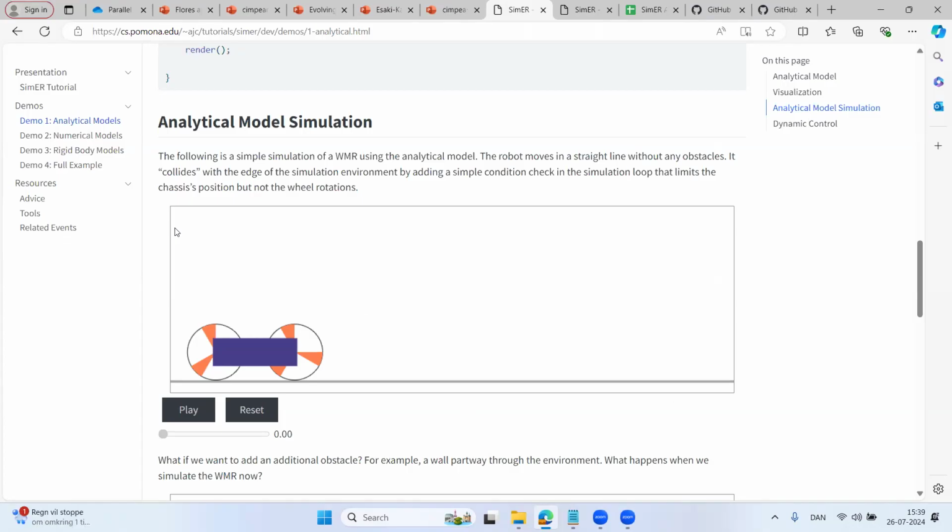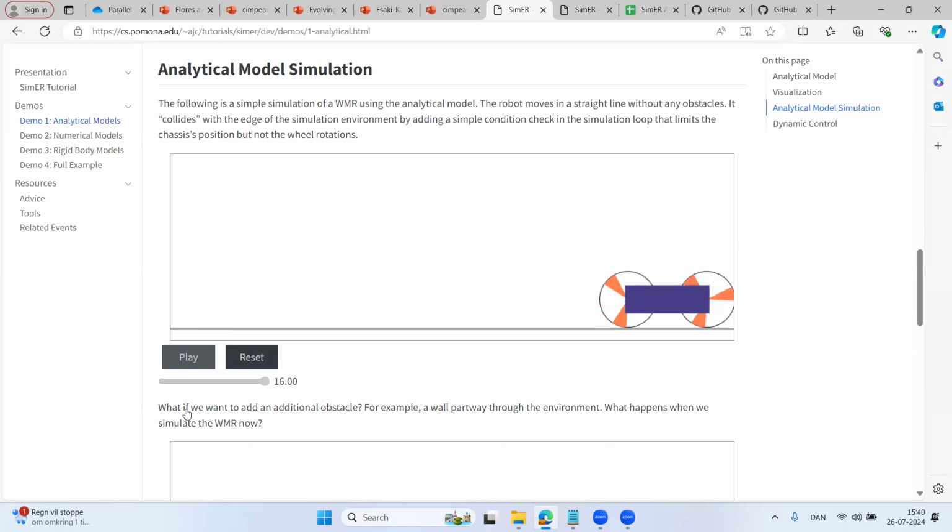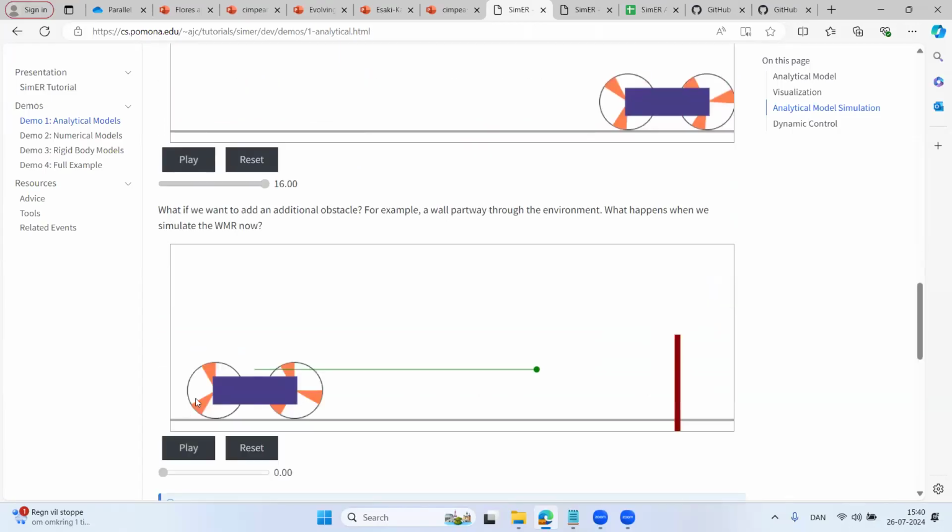So in this really simple case of our wheeled mobile robot going across the screen, I don't actually even need to simulate this. I can just say, where is it at time 20 seconds, with a closed form solution? But it does mean I can't do things like interactively add a wall into it in the middle of the simulation. I'd have to recompute everything from scratch if I did that. It also means I can't give this a controller that is dynamic, that changes the behavior of the robot as it interacts with its environment. You can't do that with a closed form solution. So that's the limitation of this really simple, cheap, and easy to use simulation.